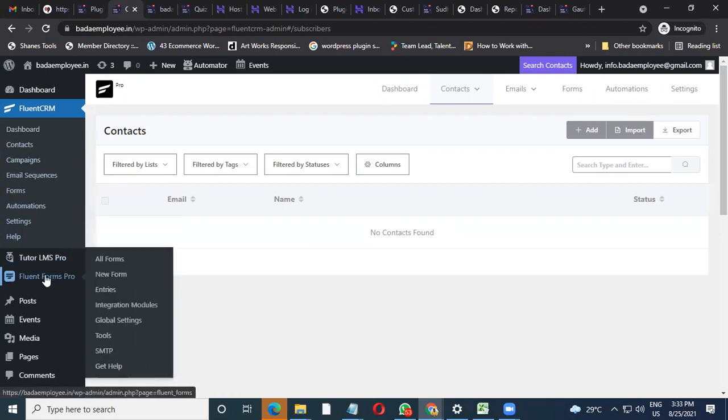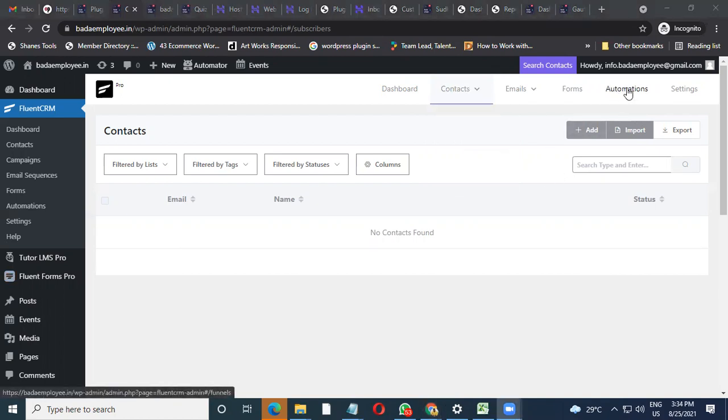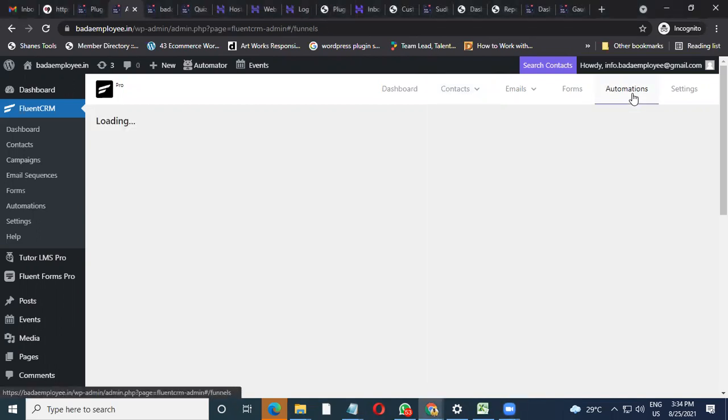You can also create Fluent forms. In case you want to create a form, like a couple of my members have already done. What they have done is, I'm giving 5 ebooks, fill up this form. People fill up this form, and as soon as they fill it up, their details come into your list and tags. Once they come into your list and tag, the automation starts. If you don't want to give them any automation, you can stop the automation also. And there are a lot of other things here.